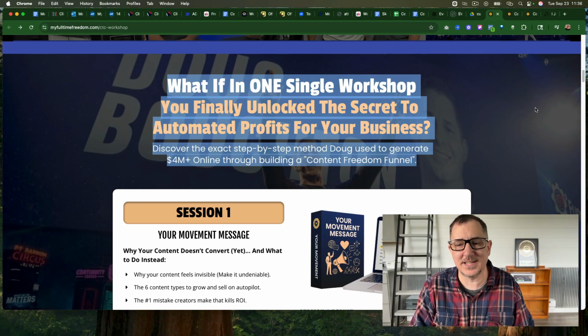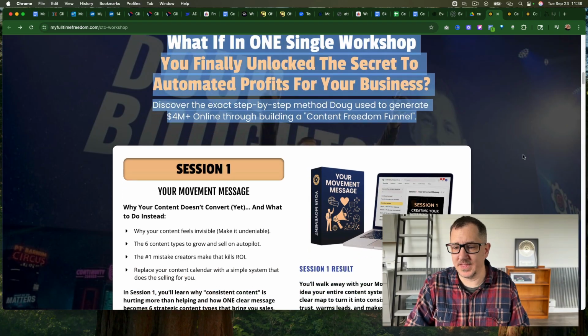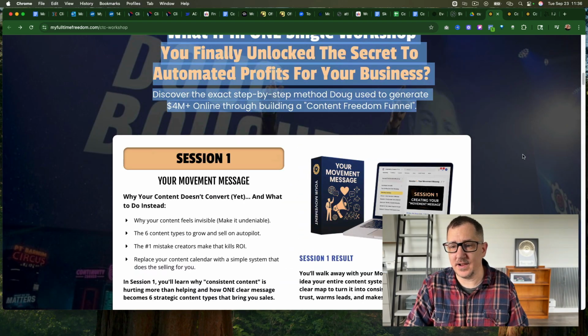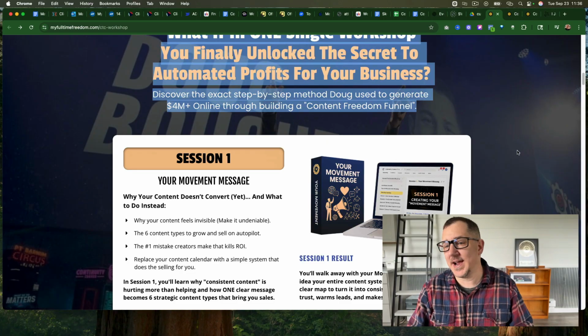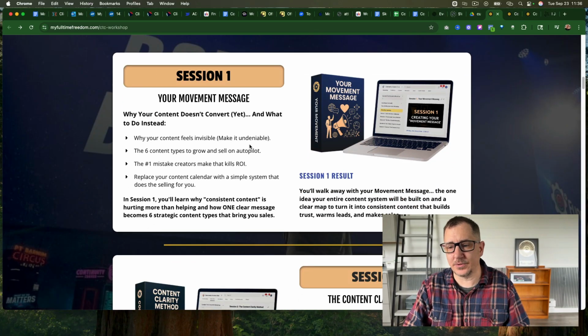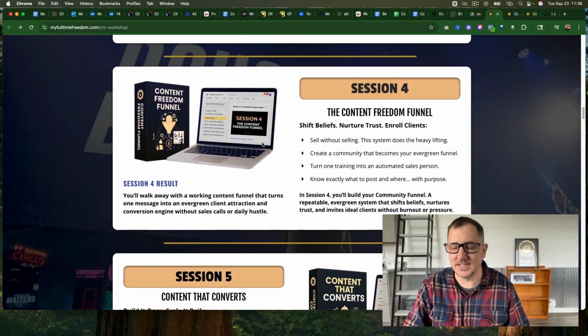You don't want to steal what somebody else said. Okay? You want to come up with something that is going to make people scroll and say, yeah, I want that. That's what I need. That's the solution to the problem that I have, and I need that. So they're going to go through here and start looking at each one of the parts and pieces of that